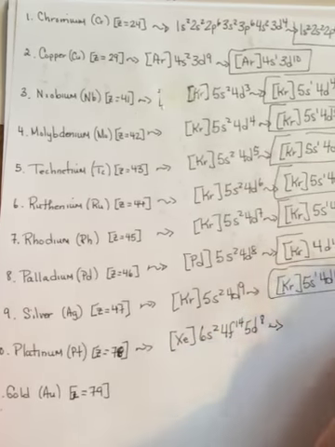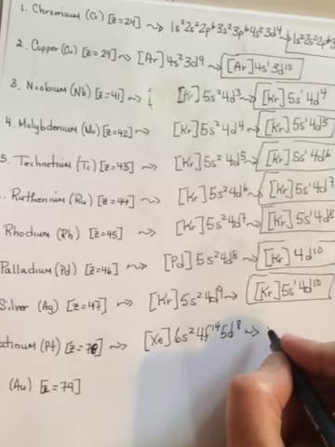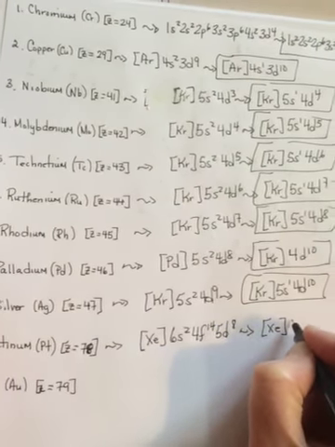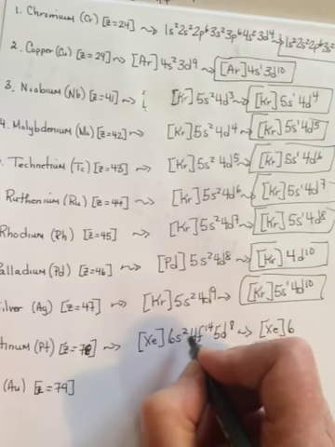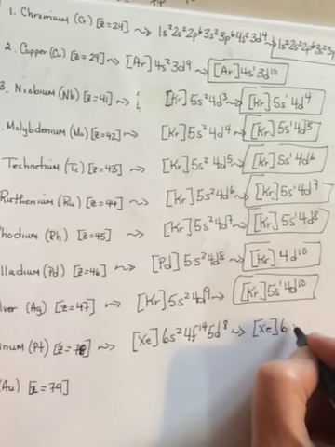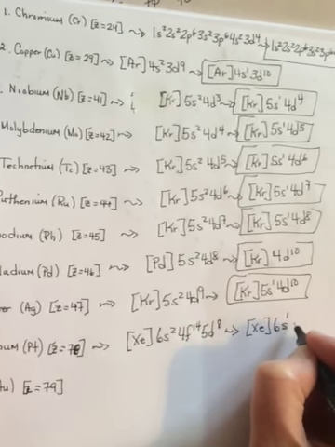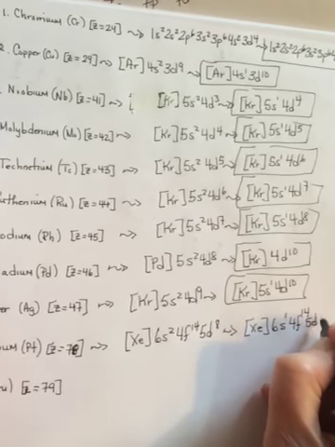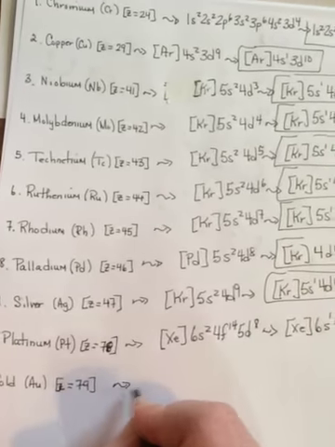And you might wish that platinum actually had as much guts as the earlier one did, but it doesn't. It just steals 1. It's still taking it from the s, not the f, because if it took it from the f, then there would be like 13 f's unhappy. So 6s1, 4f14, 5d9. And the last one, gold, we already